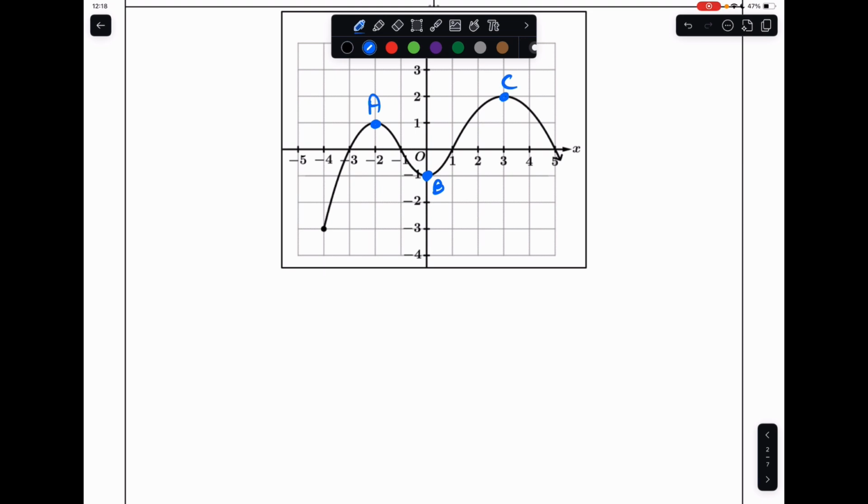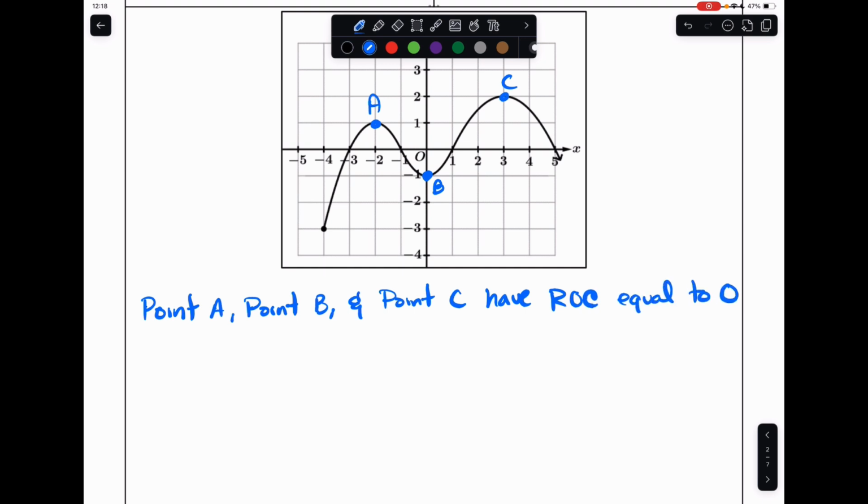Though at those locations, our rate of change is equal to 0. So point A, point B, and point C have rates of change equal to 0. Okay. Now, another location which we're going to define, we're going to expand the definition here of an extrema, is